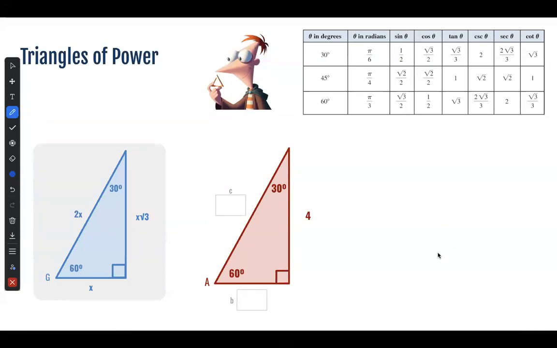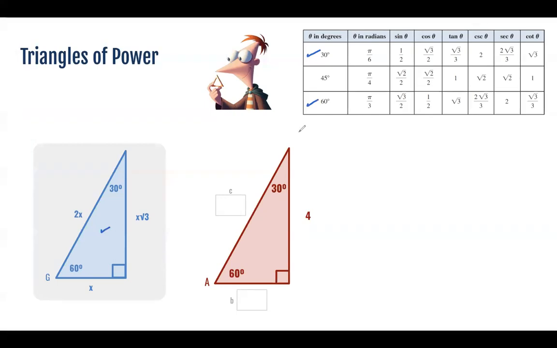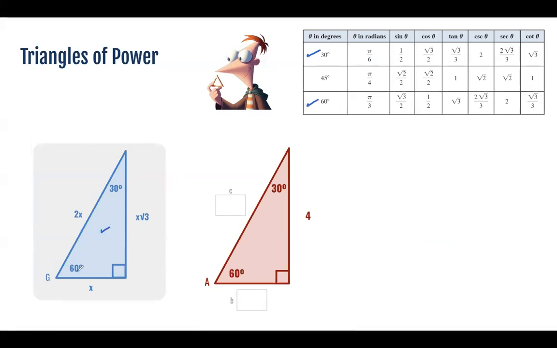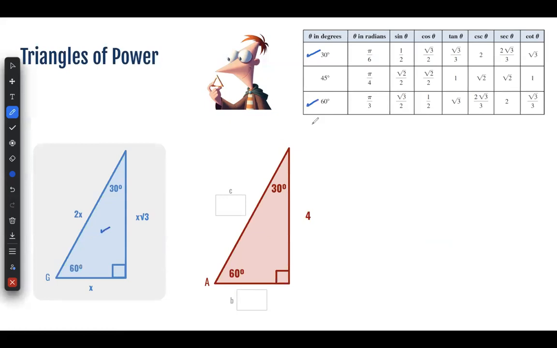Now we're gonna use a different approach. We know that this triangle produces this set of ratios up here and down here, depending on the angle we're using. So let's say I'm doing the tangent of 60. So if I use tangent of 60 degrees, it is the opposite, meaning x times the